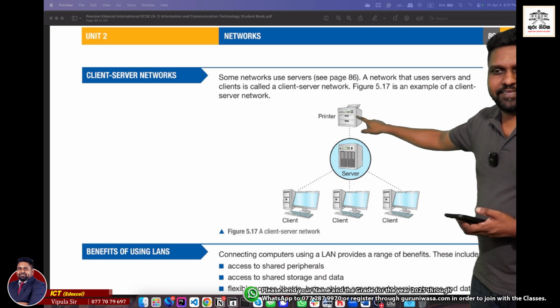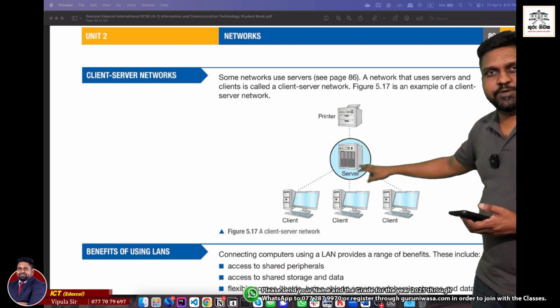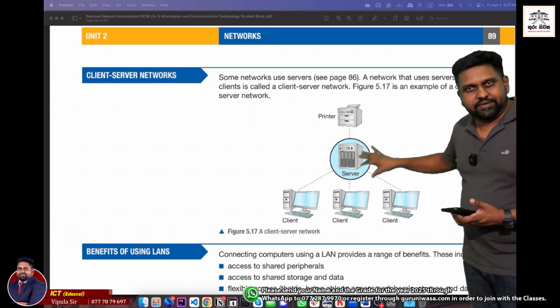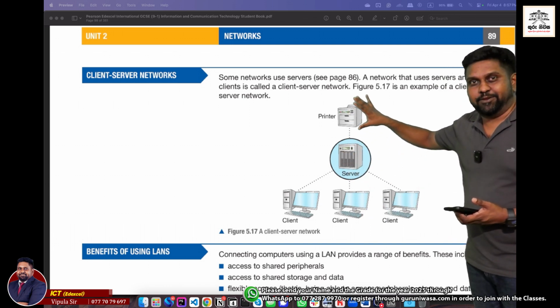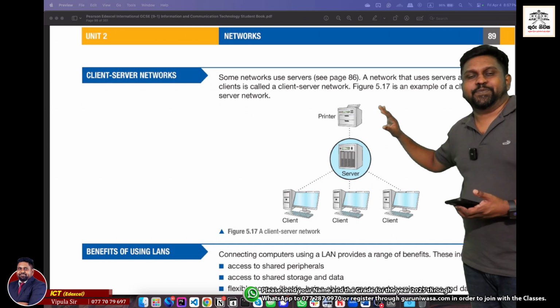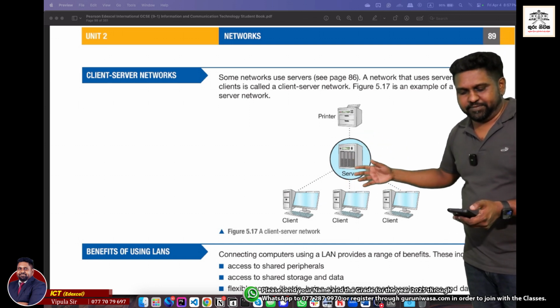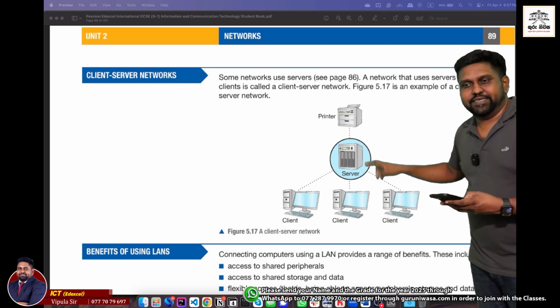Here we have an example, a printer. Since this is connected to the server itself, the rest of the resources allocated to the server can be consumed by accessing this